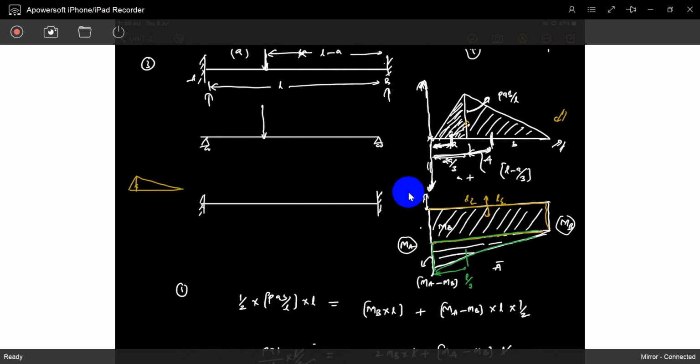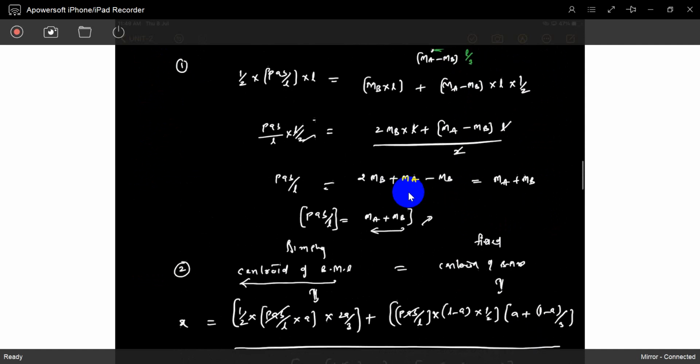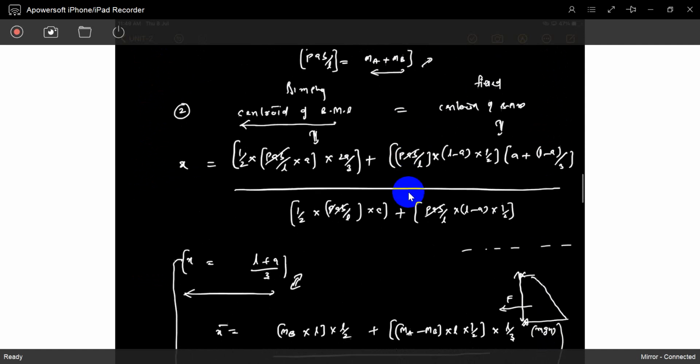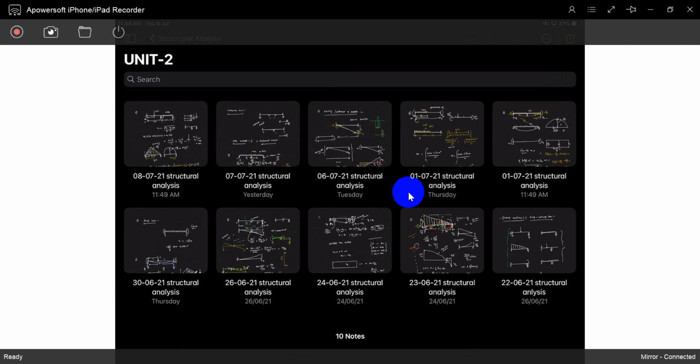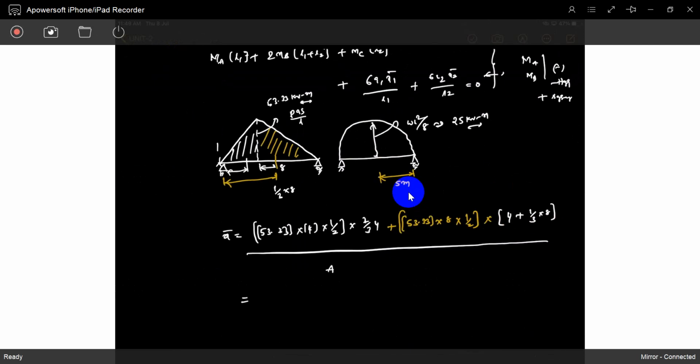So centroidal distance is what? Centroidal distance, we get the proof, is L plus A by 3. If you remember the formula, okay, no problem. If you don't remember the formula, just do it. So what is the distance? Centroidal distance is L plus A by 3. A is 4 by 3. What is that value? 16 divided by 3. 5.33